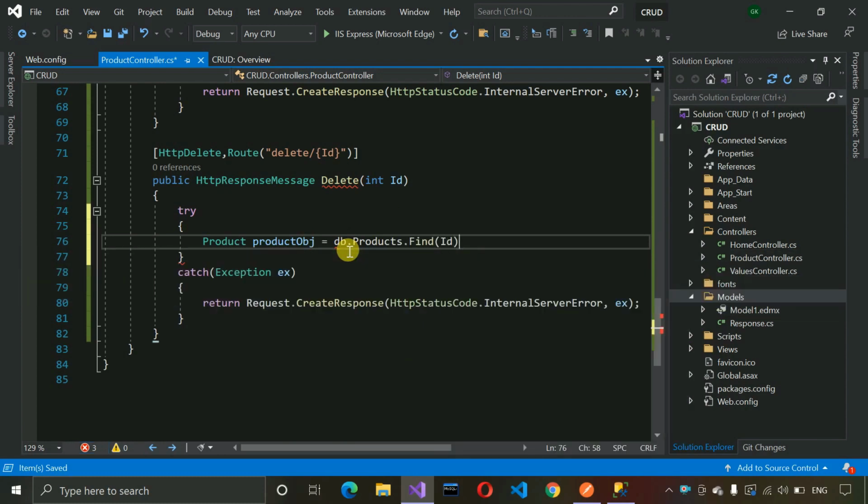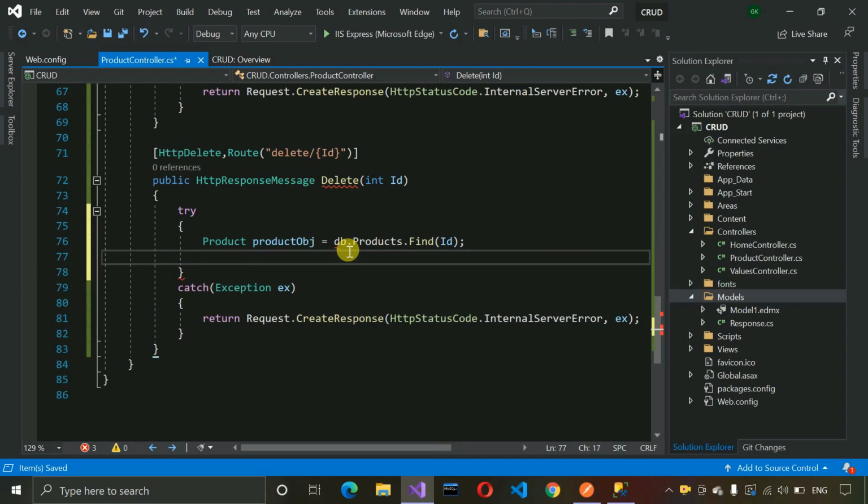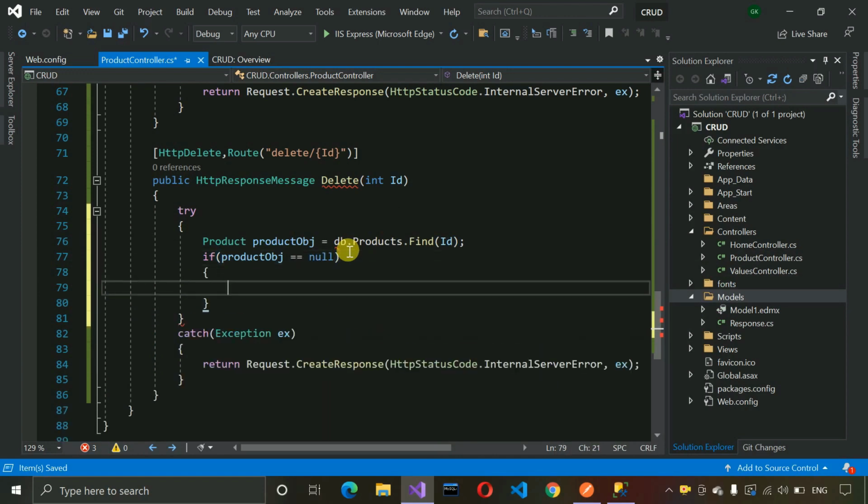So id, whatever we are going to get, we have to pass it. If product obj is equal to null, in that case basically we need to return response dot message, we are going to write here product id does not exist,